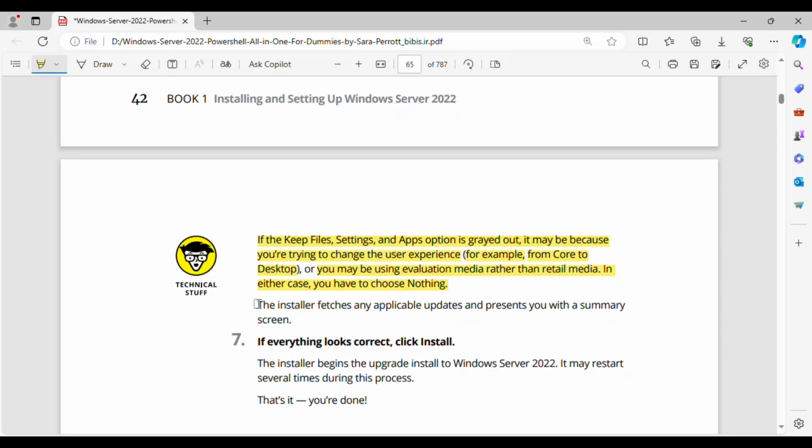The installer fetches any applicable updates and presents you with a summary screen. 7. If everything looks correct, click Install. The installer begins the upgrade install to Windows Server 2022. It may restart several times during